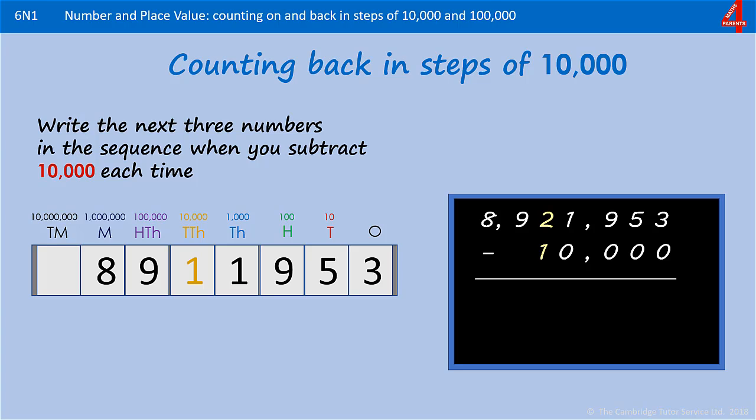8,921,953. And we're taking away the 10,000, and you can see by the place value columns that the 1,953 isn't having anything taken away from it, so they will remain the same. In the 10,000s column we have 20,000, take away 10,000, so that 2 digit take away 1 digit leaves us with 1. And then the 900,000 and the 8 million, nothing's been taken away from those, so they stay the same. First number in the sequence,